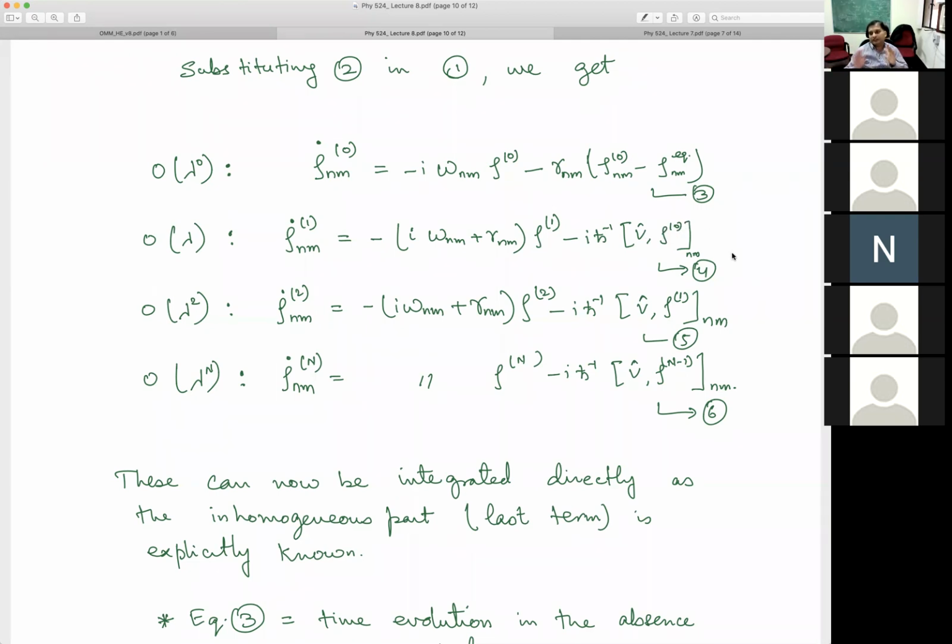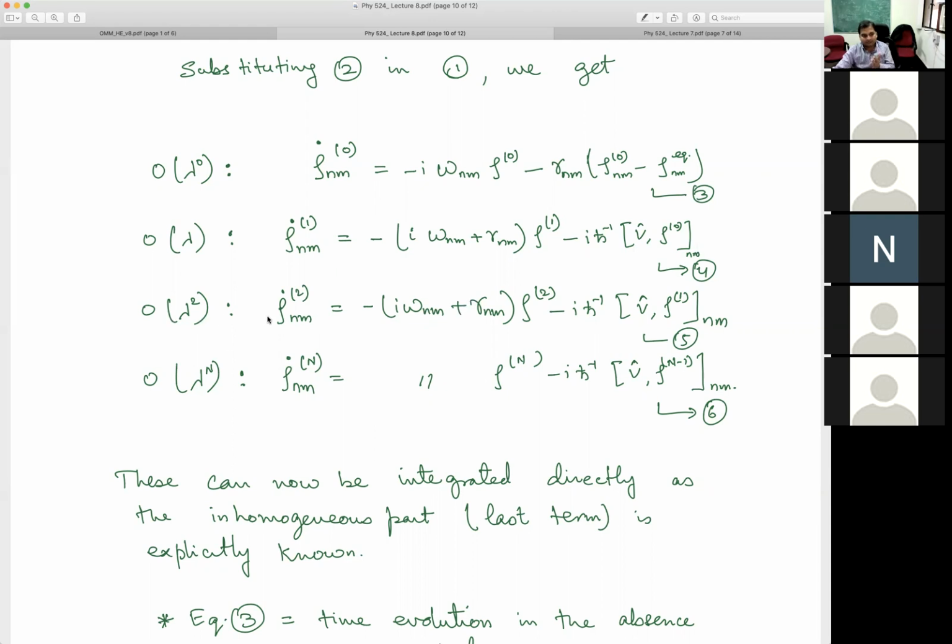And this is what I meant when I said that, on the right hand side, I will start replacing rho by a lower order rho basically. Okay. So I did slight cheating. So here I will not replace. The only place I have to replace by a lower order is with this v rho, so that I match the powers of lambda. Okay. And so once you understand this, now you are in business.